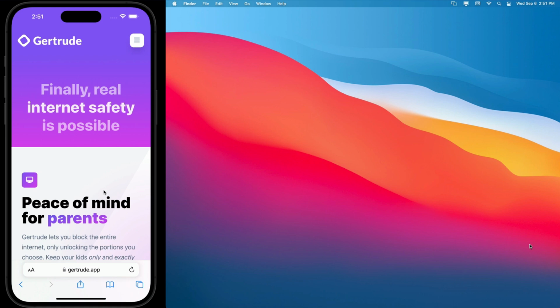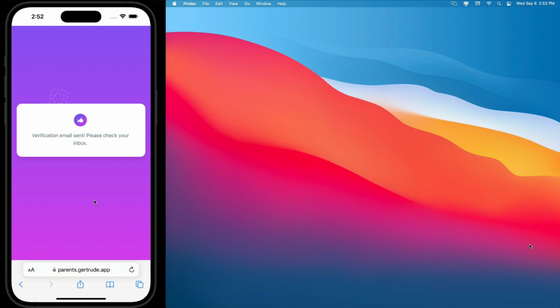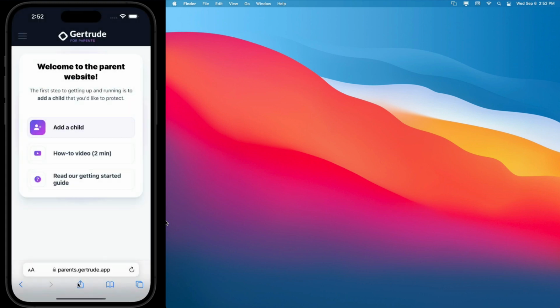The very first step you need to take is to create a Gertrude account, which is free for the first 60 days. You don't need to put a credit card in. We just need to come here and click sign up. Then put in your email address and a password. And you need to go over to your email one time and click the verification link. Because this is a simulated iPhone, I'm just going to paste in that link. And once you've verified your email address, it's going to bring you into the dashboard of the Gertrude for Parents